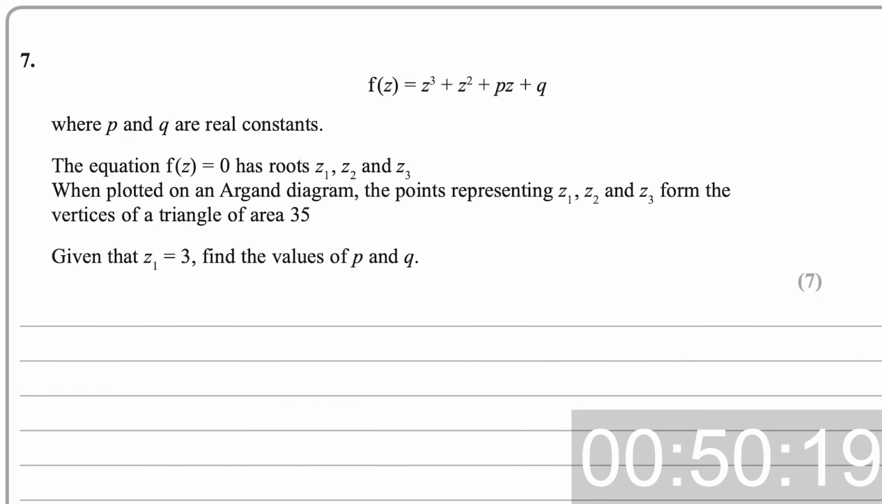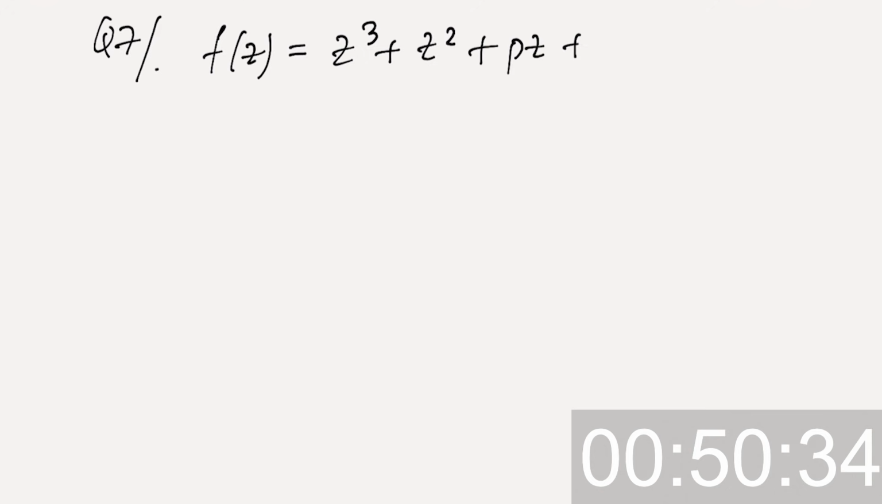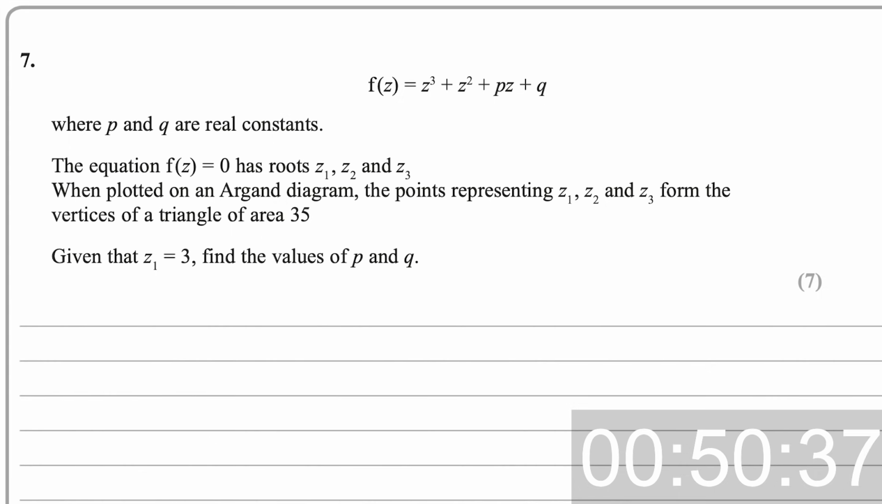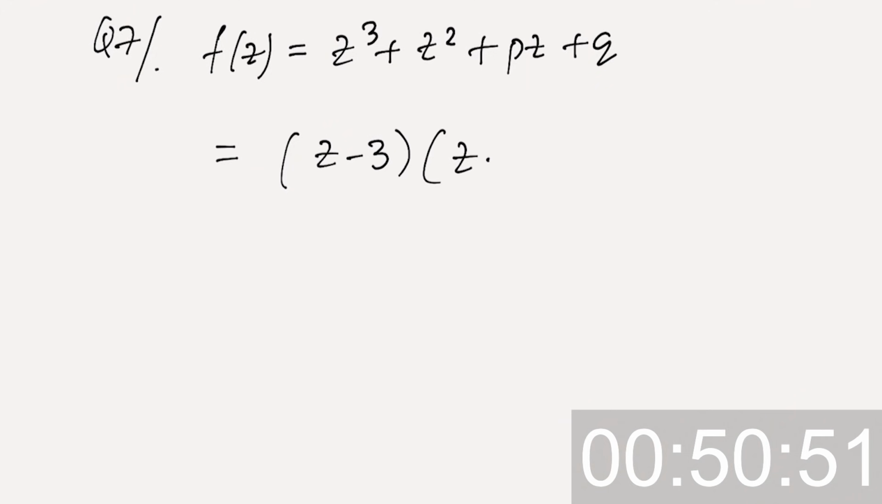So we've got another cubic. I like cubics. So f of z is z cubed plus z squared plus pz plus q. Okay, p and q are real. It's good to know. It has roots z1, z2, z3. Given that z1 is 3. Right, so let's call them... So I know that I have these factors. Let's call my two roots alpha and beta, just so I don't get confused. I don't like subscript notation, it can be confusing. So that would be z2, z3. And then we're told